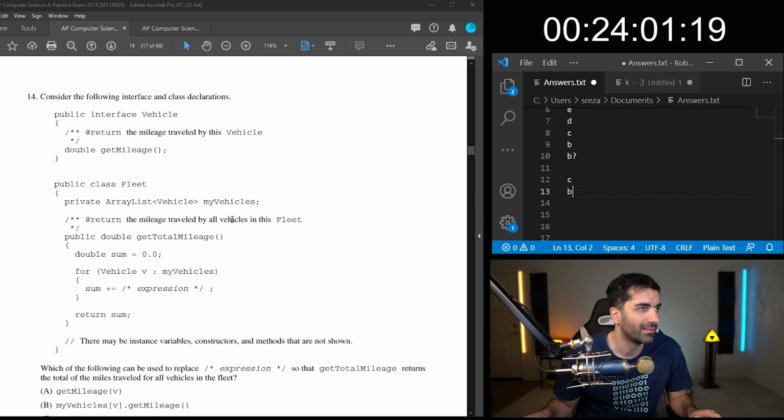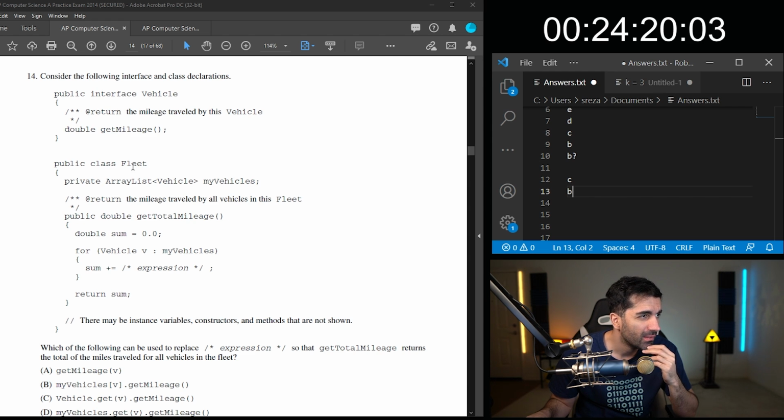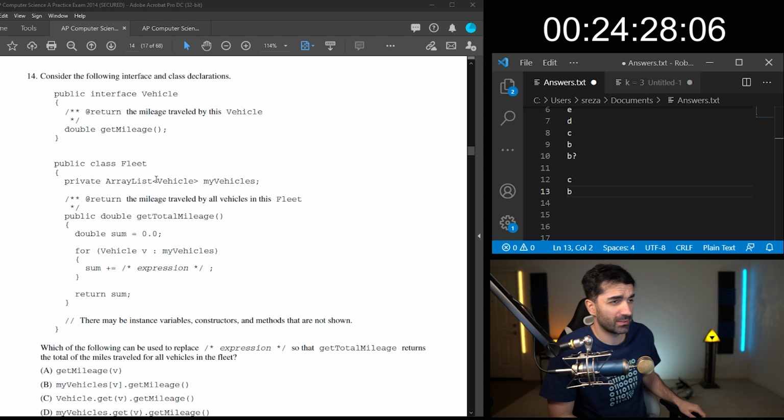All right. Consider the following interface and class declarations. So we have an interface Vehicle, which has one method. We have a Fleet, which is going to be an ArrayList of Vehicles.